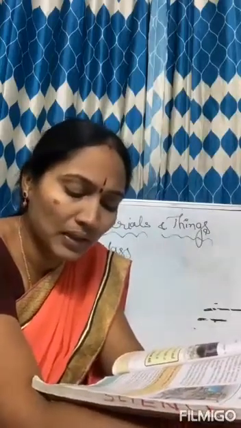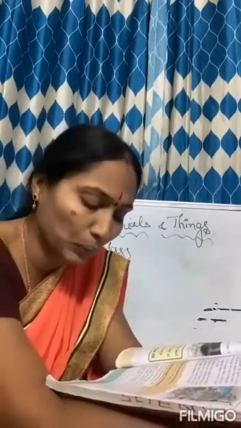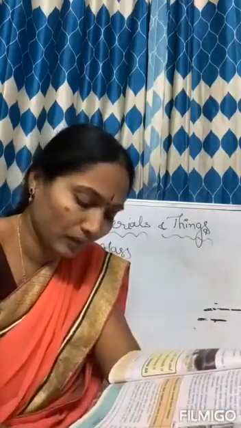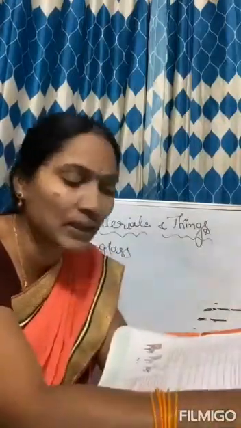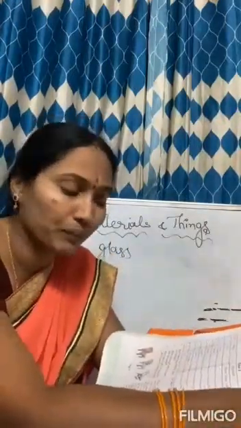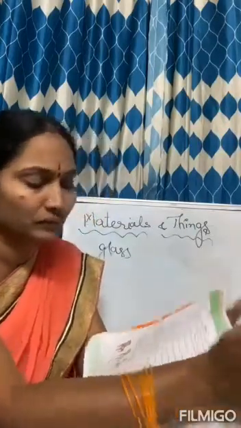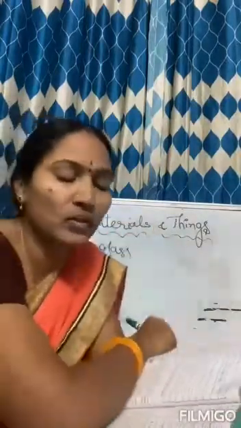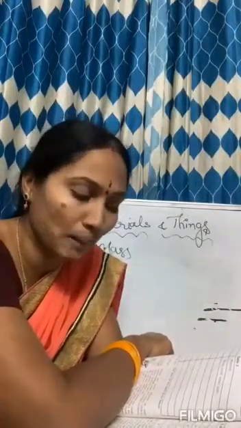Now, finding the materials used to make different objects. A list of things in a house is given in table number 2. Name the materials from which each object may possibly be made. Here in table number 2, they have given the object and we have to write the name of the material it is made of. For example, they have given door. The door is made with wood, and some doors are made with metal, some with rubber, some with paint.